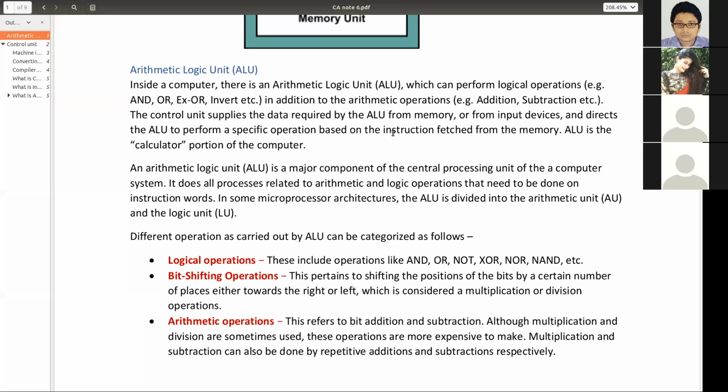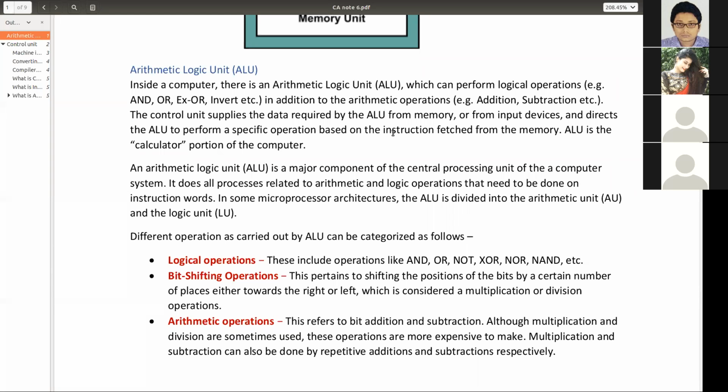Next, as I told you, the arithmetic operations. Arithmetic operations means multiplication, addition, division, whatever you say. These things. Another is the bit shifting operation. Now, what is bit shifting? I will come into it later. Bit shifting is basically,